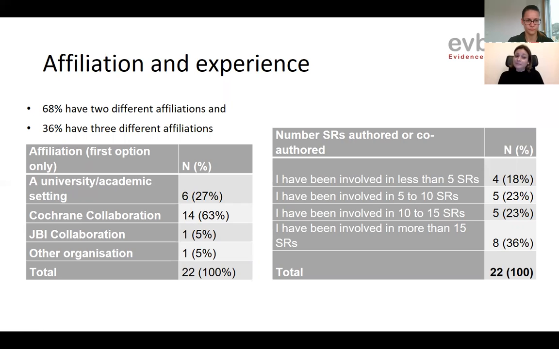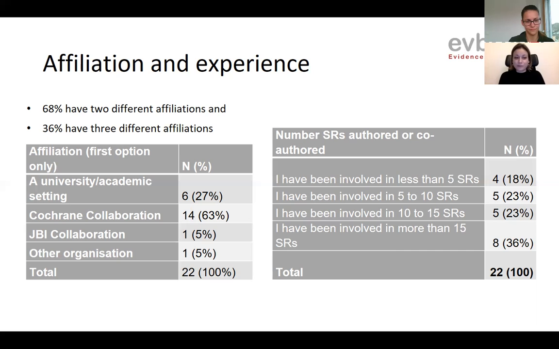And the next most populated category is the affiliation to a university or academic settings. In the meantime, the number of people who have accepted to participate in our study has risen to around 30. So the situation has changed since we prepared the slide,